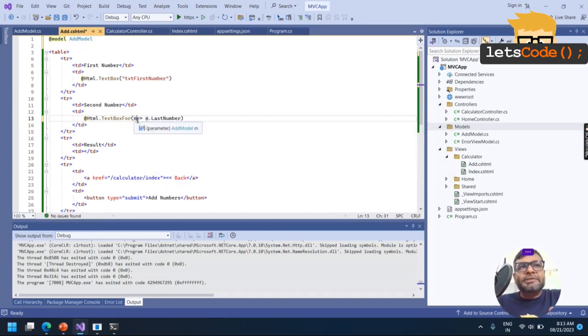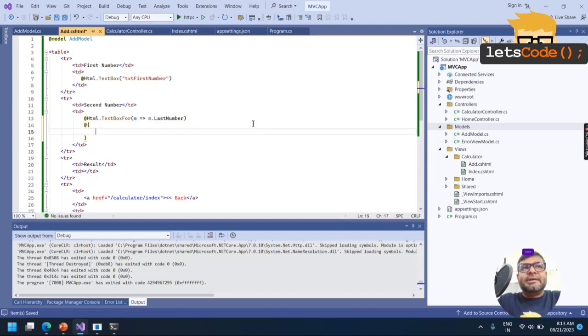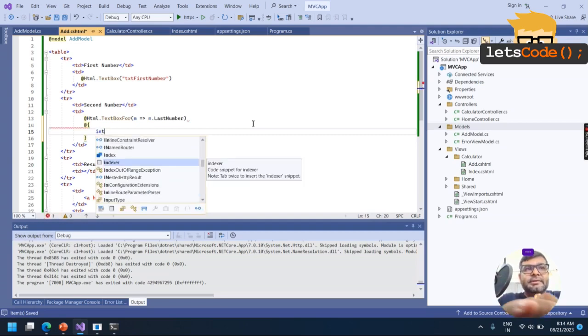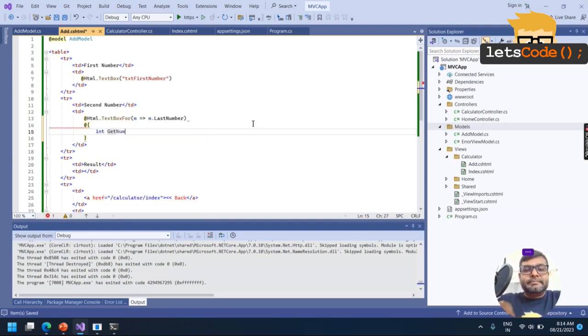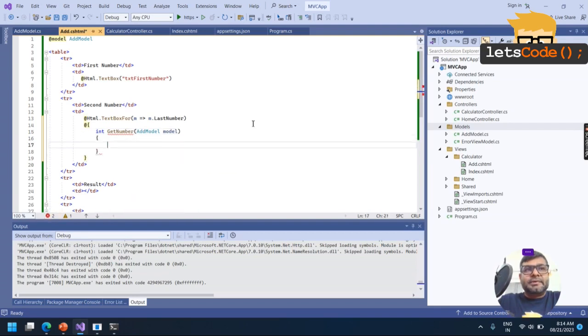So basically m is the object. It's basically called an anonymous method, a lambda expression. Left hand side is the parameter of your function, and that is nothing but the model class. Which property are we returning? Model dot last number. So if you see, it is something like public int get number, and here return